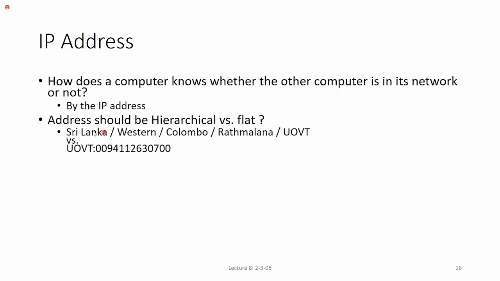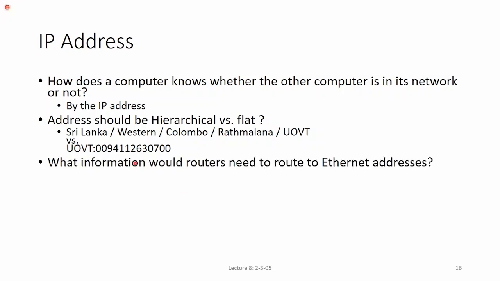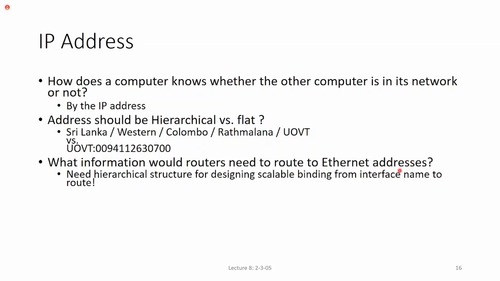So this kind of hierarchical address is always better if you want to route things, right? If you want to find the way to where it should go next, by looking at the address, if you want to get that information, then hierarchical addresses, with different levels, are better rather than having a random number, right? So what information would the routers need to route to an Ethernet address, right? When you want to send the packet to a certain place, what information will the router need? It needs the hierarchical structure of,